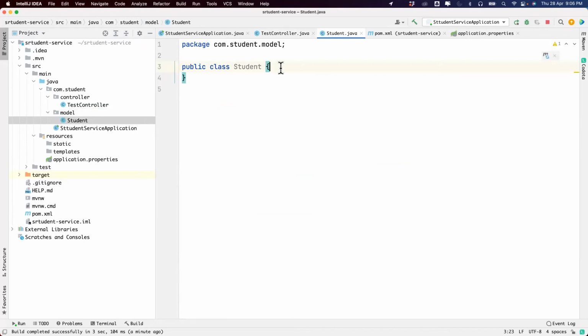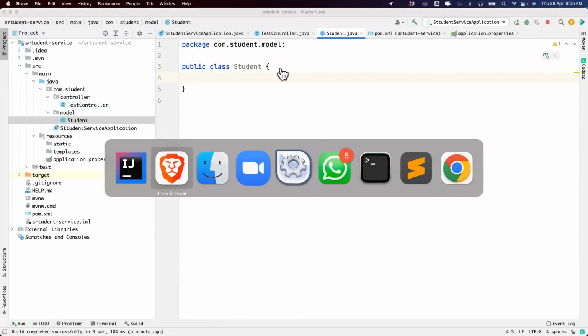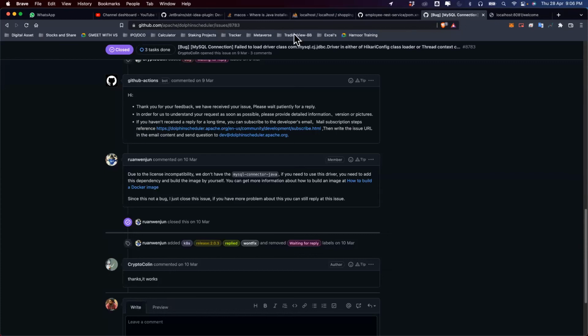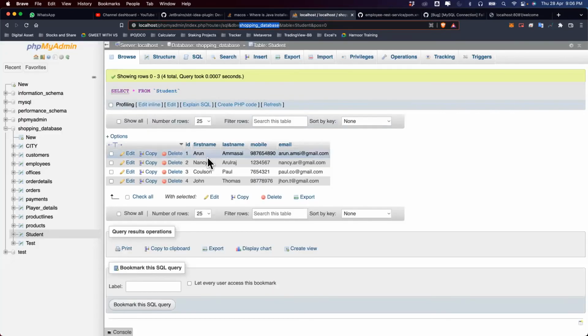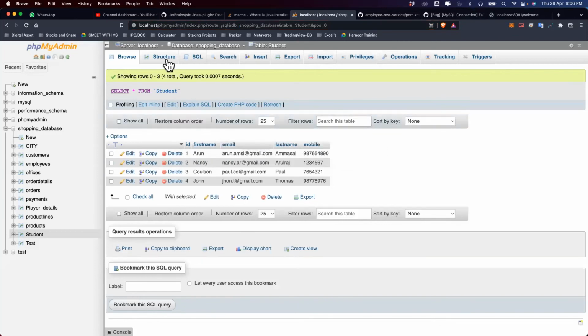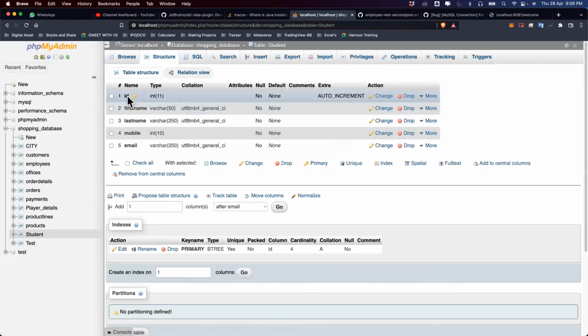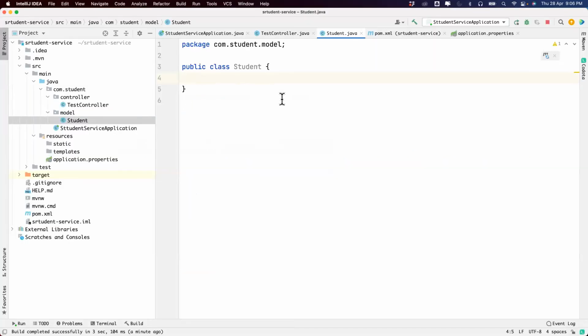So here I have, okay, let's go back and see how many columns are available. So ID, first name, last name, and mobile, right? Yeah. So first, ID is auto increment. We don't need to do anything. So first,